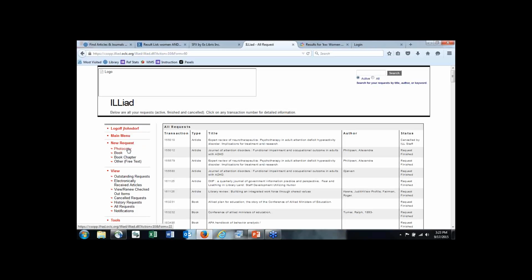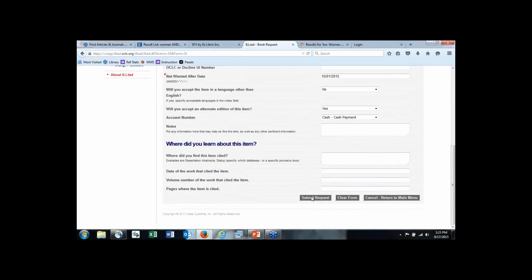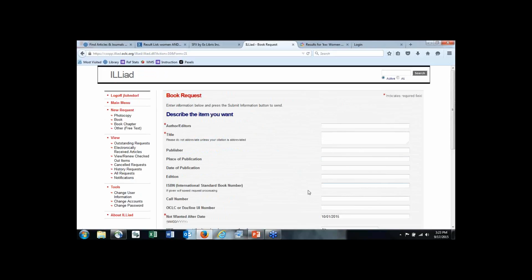So photocopy means article. Book is for a physical book. And again, you can just fill out the information as much as you know and then hit Submit Request. Books can take up to a week to arrive because they do come through the postal service. Also depends on what you're looking for, how obscure it is, if it's really old or really new, how many